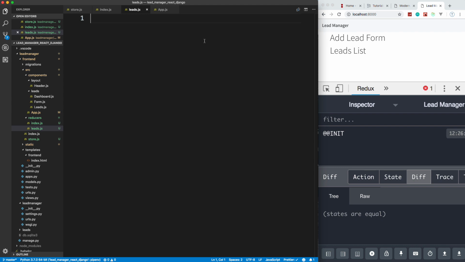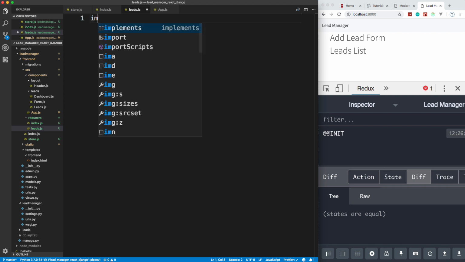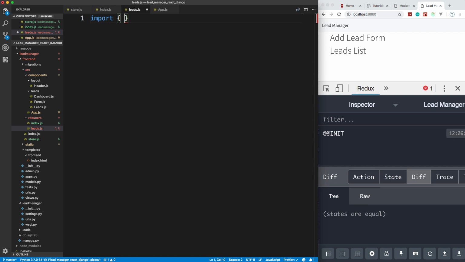And the way that we define these is with something called types. So I'm actually going to say import, and we're going to bring in some types. Okay, actually let's do one at a time. My first goal is to get the leads from the back end and display them here in the leads list component. So let's start with